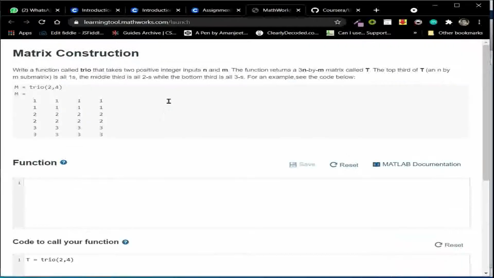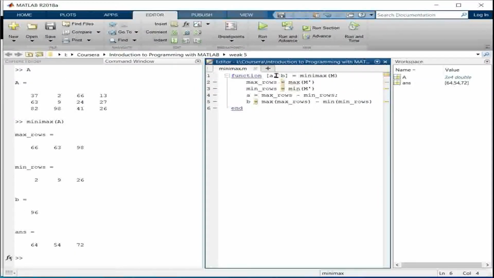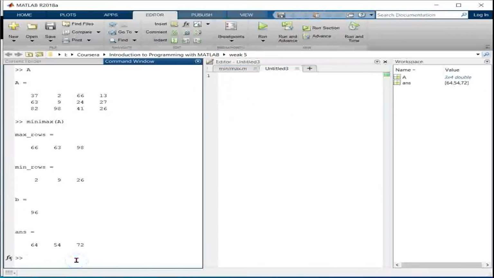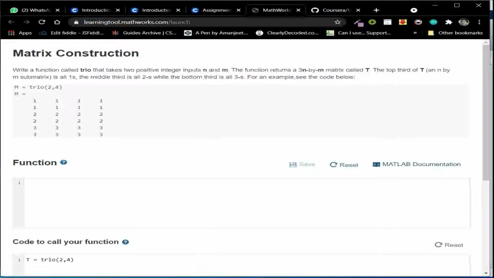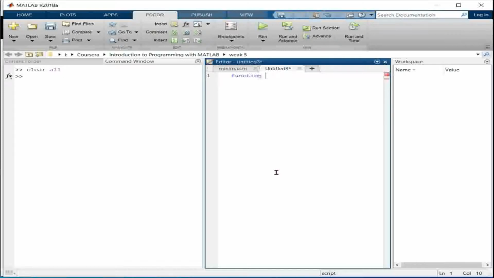So what do I have to do? First let me open my MATLAB in a new window and clear it all. Now let me start by writing the function. The function will return a matrix M, and the function name is trio.